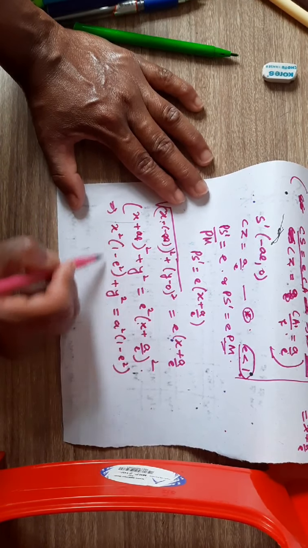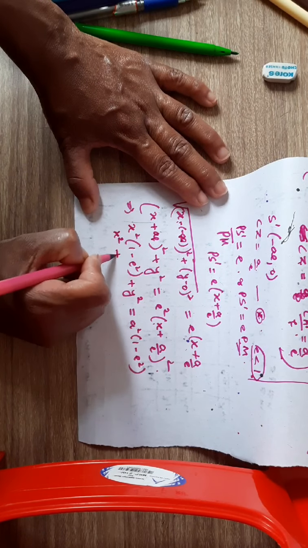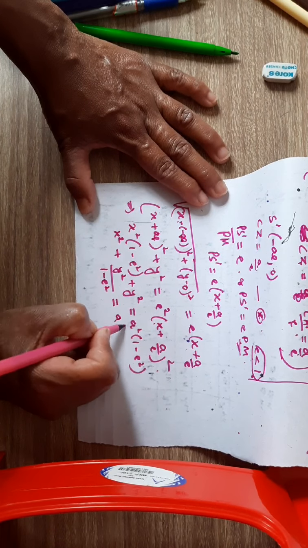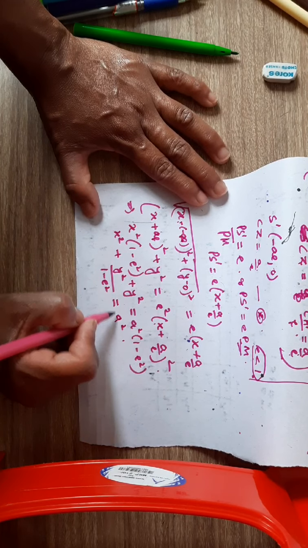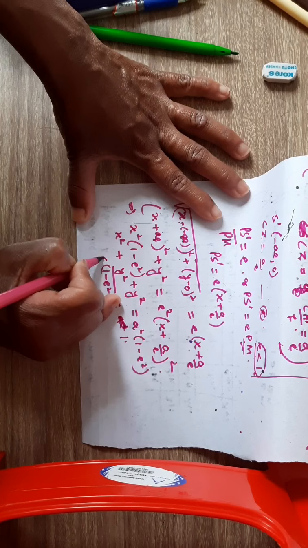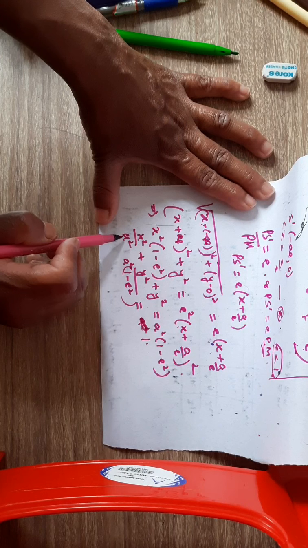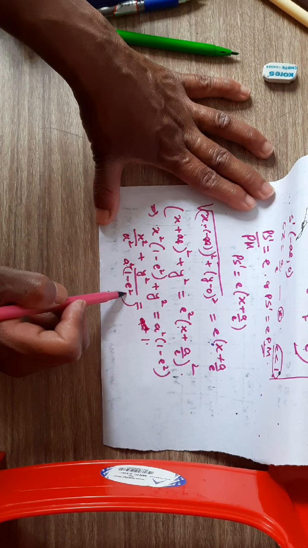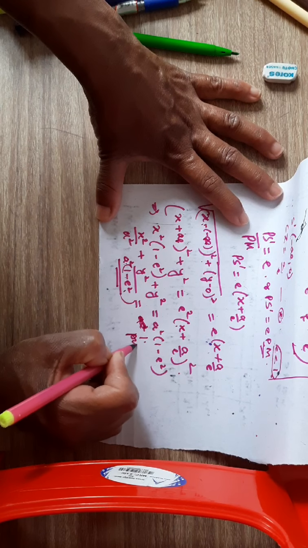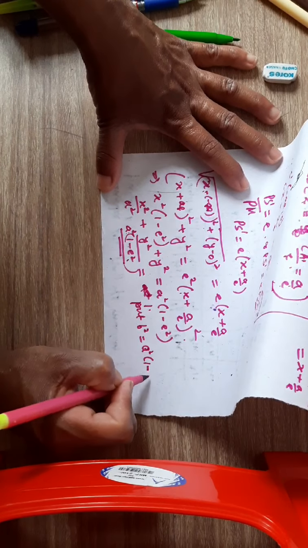So on simplifying this one, and dividing throughout by 1 minus e square, you'll get x square plus y square by (1 minus e square) is equal to a square. So if you divide this one again by a square, then this side you'll get it as 1, and here you'll get a square by a square. Now this equation reduces to x square by a square plus y square by a square into (1 minus e square). Now you put the value of b square. Put b square is equal to a square into (1 minus e square).